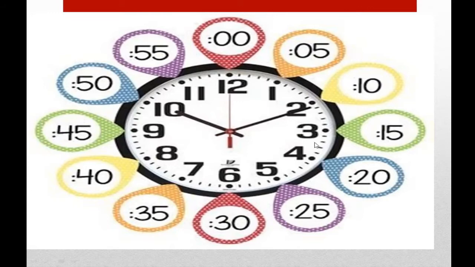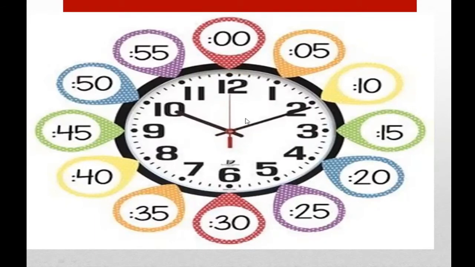Always say the table of 5. 5 ones are 5. When it comes on 2, 5 twos are 10. When the bigger hand comes on 3, 5 threes are 15. When the bigger hand comes on 4, 5 fours are 20. 5 fives are 25. 5 sixes are 30. 5 sevens are 35. 5 eights are 40. 5 nines are 45. 5 tens are 50. 5 elevens are 55. Then when it comes on 12, you never say 60.